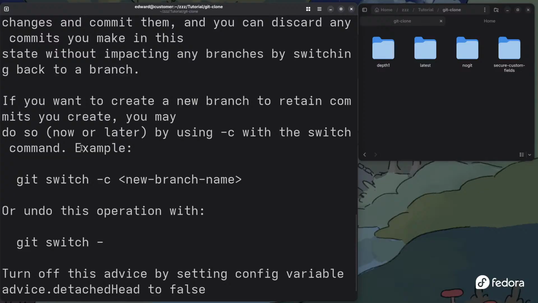I just want to take a look at it. So you can see it says you can switch, you can create a new branch. So if I wanted to, I could create a new branch right from the latest code. This is also useful because sometimes, let's say a